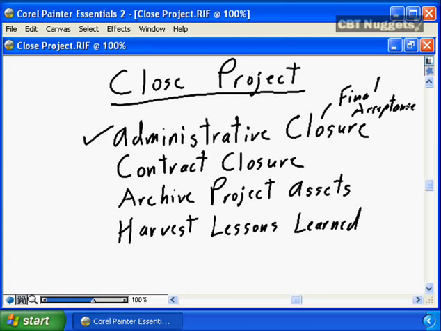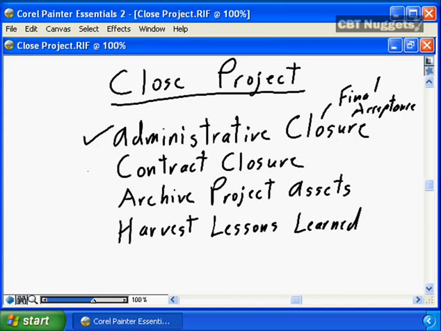Getting a signature, getting approval from the project sponsor, from your project acceptor, that the project has satisfied their business requirement that we defined way back in the project charter, and that the project has completed, that they no longer have any obligations, that yes, they are happy. If closure happens at all, often it is just the pure administrative closure. Proper project closure, as defined by the PMBOK guide, is much more than that.